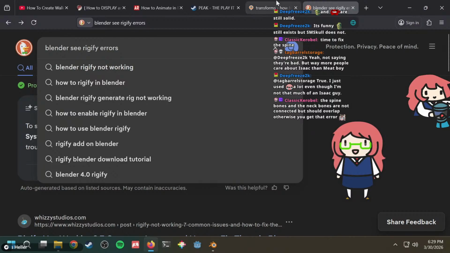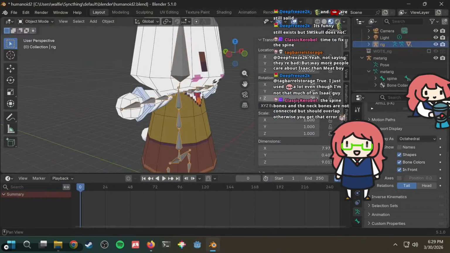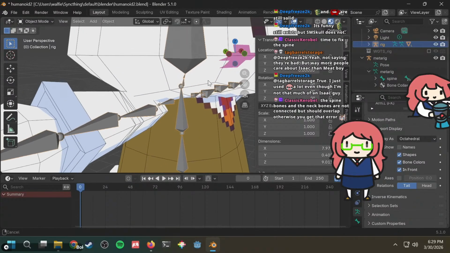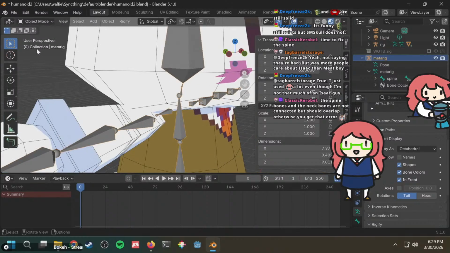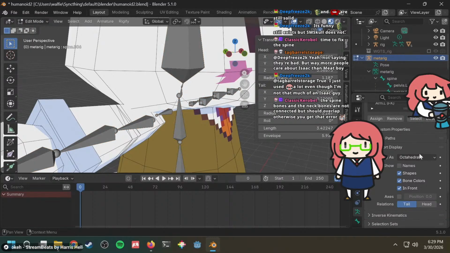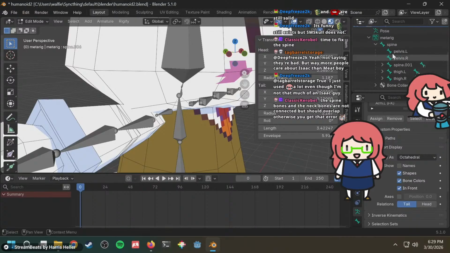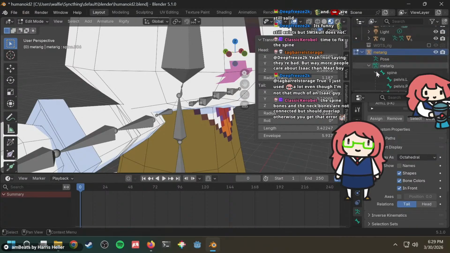Blender error log. The spine bones and neck bones are not connected, but should overlap. Oh, because I changed that, I see. Good. But how did you see that error? It showed up for like half a second. You go back in the VOD. How would I check the logs normally?